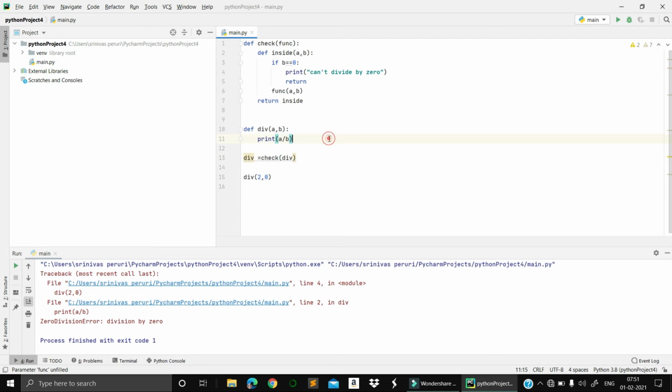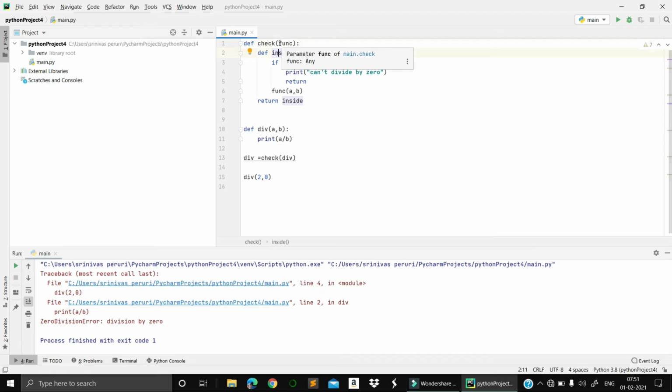It means I am passing this div as an argument to this function. So I am passing this div tag as a parameter to this check function.